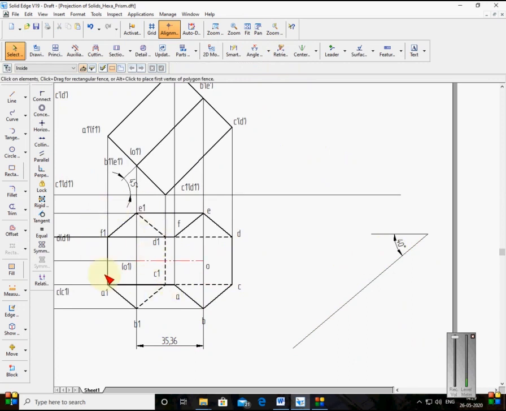Now that means I have to transfer the same figure. I have to transfer the same second position top view to the third position with orientation of 40 degrees. So for that you have to use the move and rotation command. So what I will do here now, I will transfer this figure.